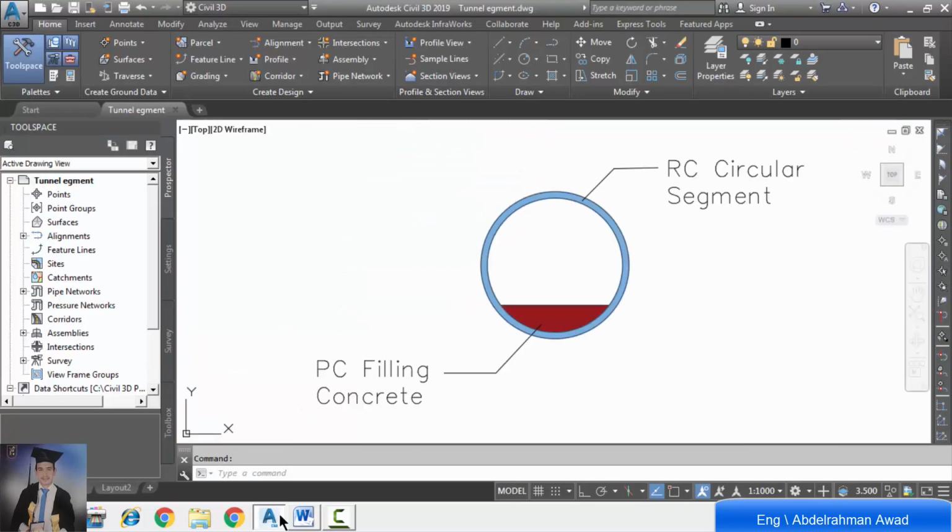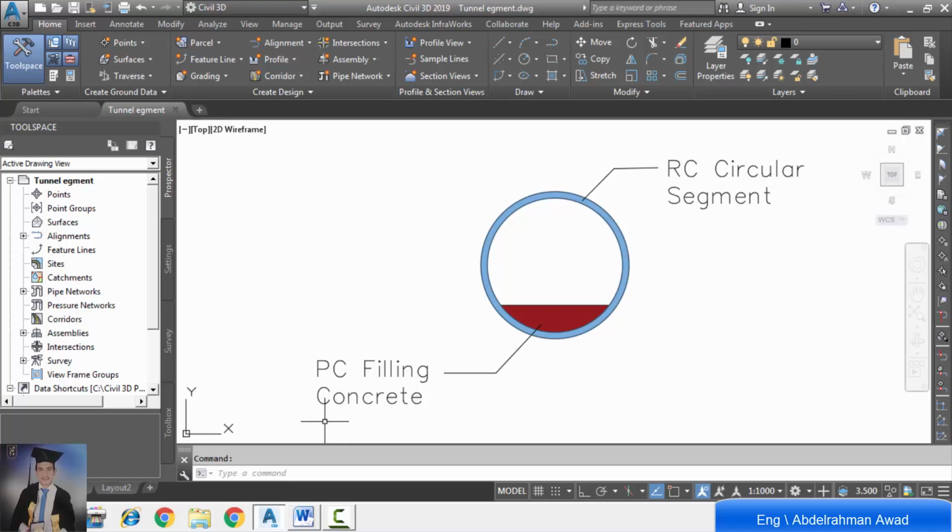So in summary, in this drawing we will create sub-assemblies for the two components, and we will assign these two sub-assemblies to the main assembly.